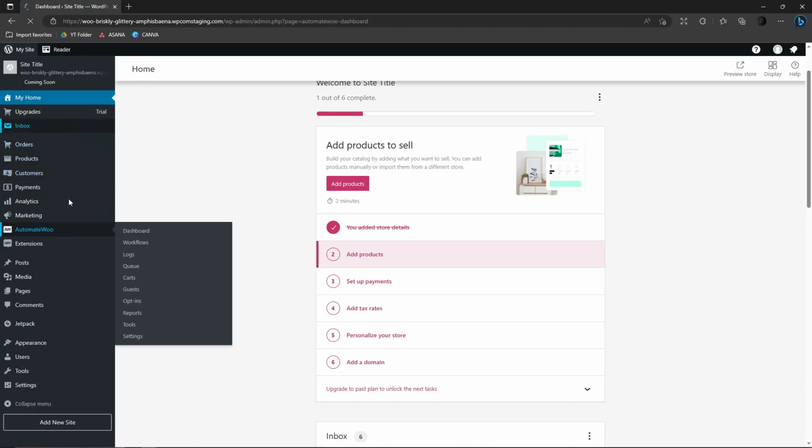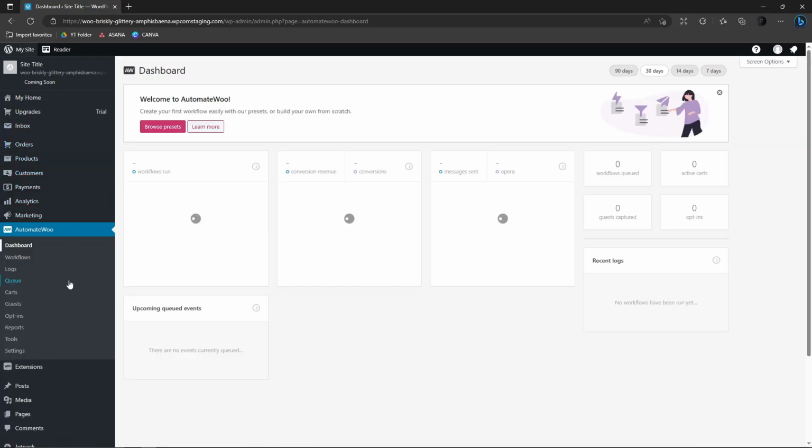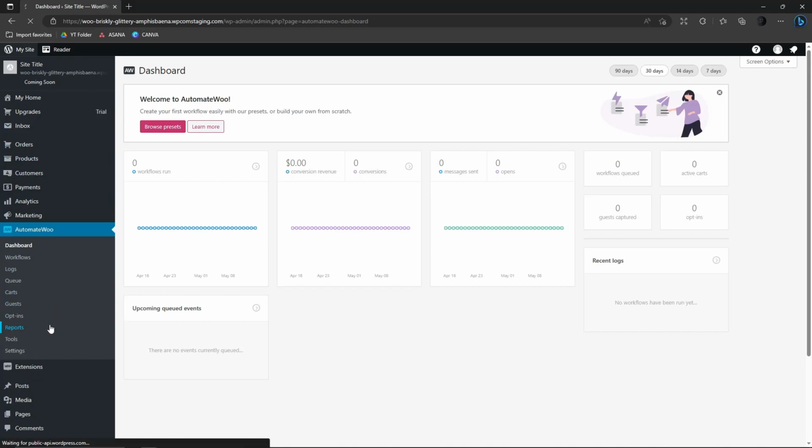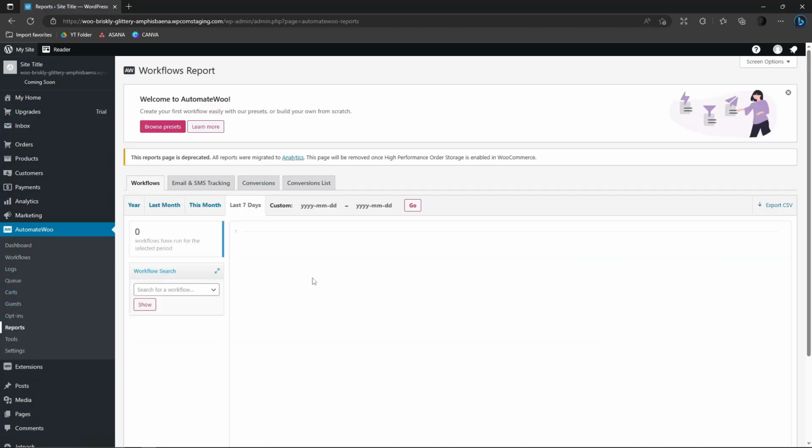So this is the landing page that you should see. This is the reports. This is the SEO accessible option. Anyway, that's it. This is WooCommerce,